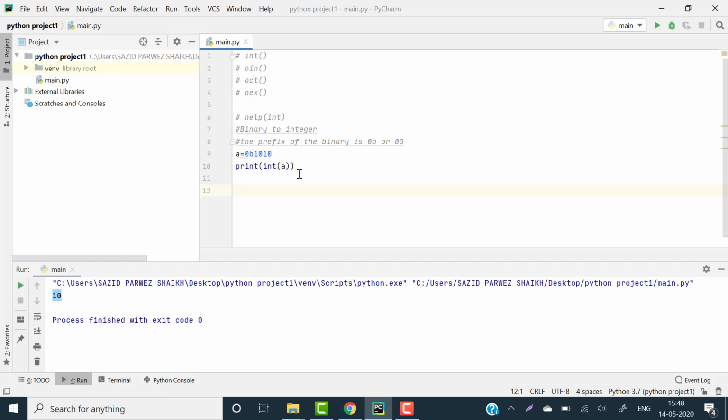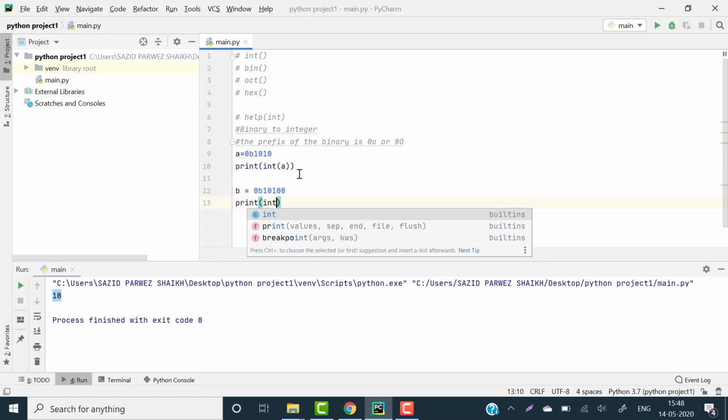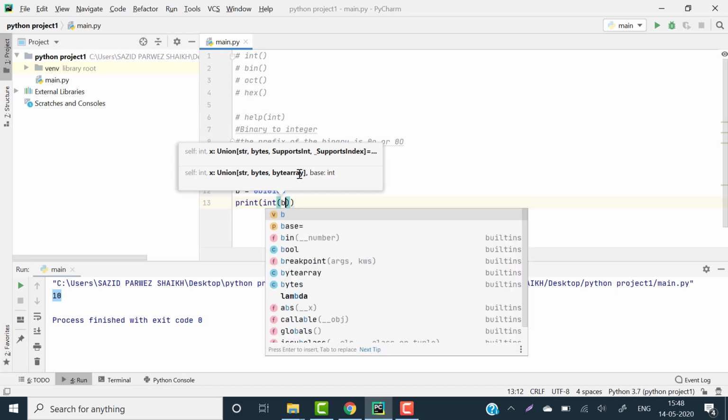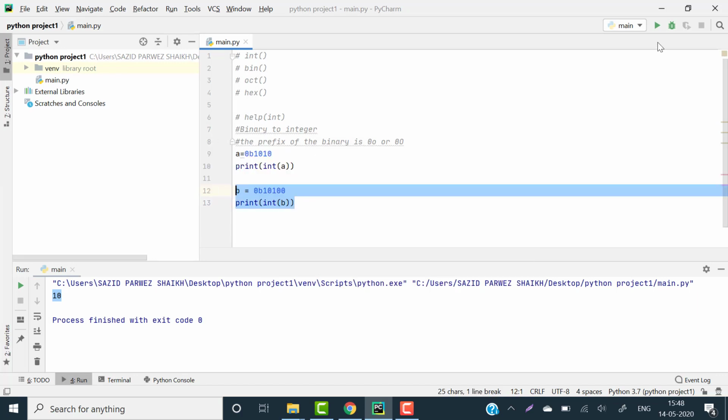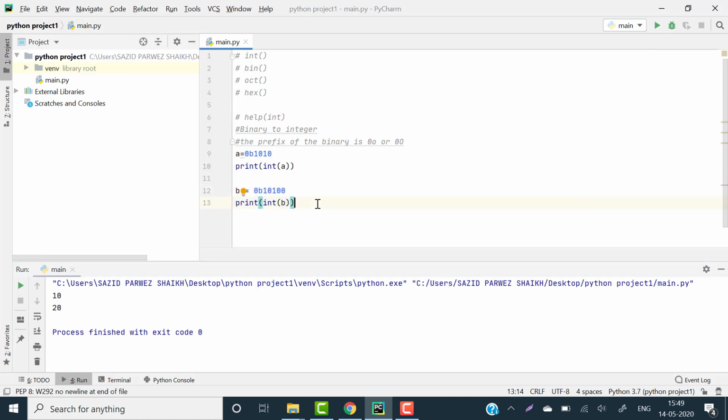Let's take another example. b is equal to 0B10100. Print int function b. Run this program and we are getting 20. So in this way we can convert binary to integer.